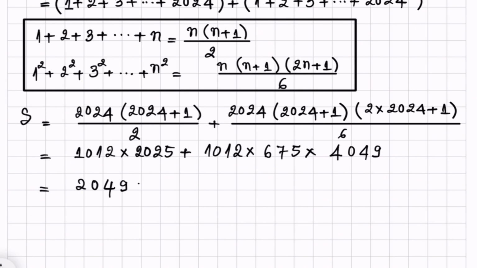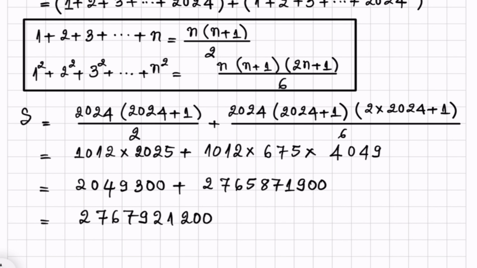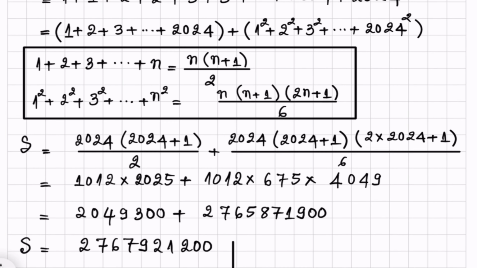Alright, so then we have to multiply these numbers with each other, then we will get 2049300 plus, and for this number here, we will get 2765871900. So we add them together, and we will get 2767921200, okay. So that is the sum of x, and finally we have solved this problem, and I hope